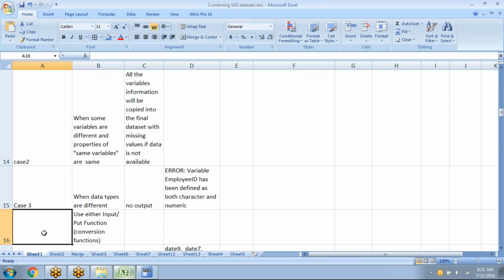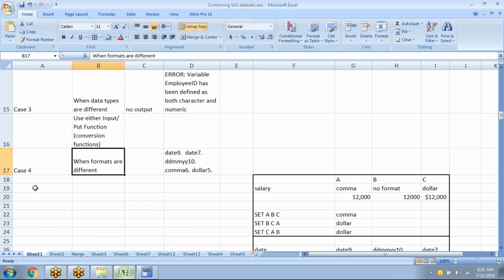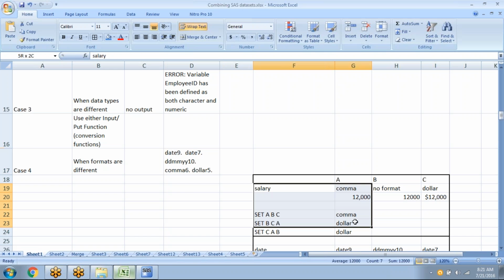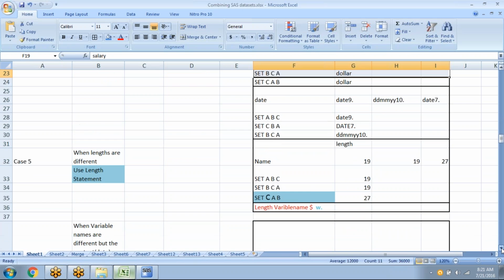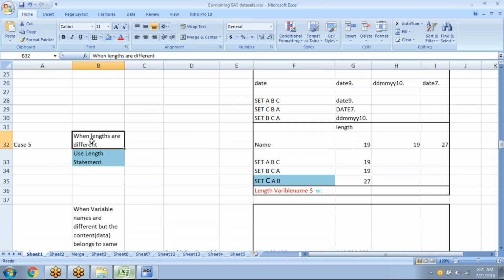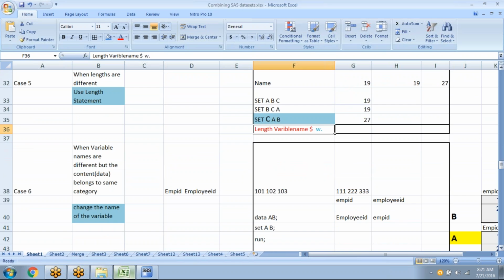And in the fourth case, you have to use either the input or output function. When formats are different, how it behaves, I have explained here. And the fifth case, when lengths are different, how it behaves, I just explained to you, and you have to use the length statement. And the last case,